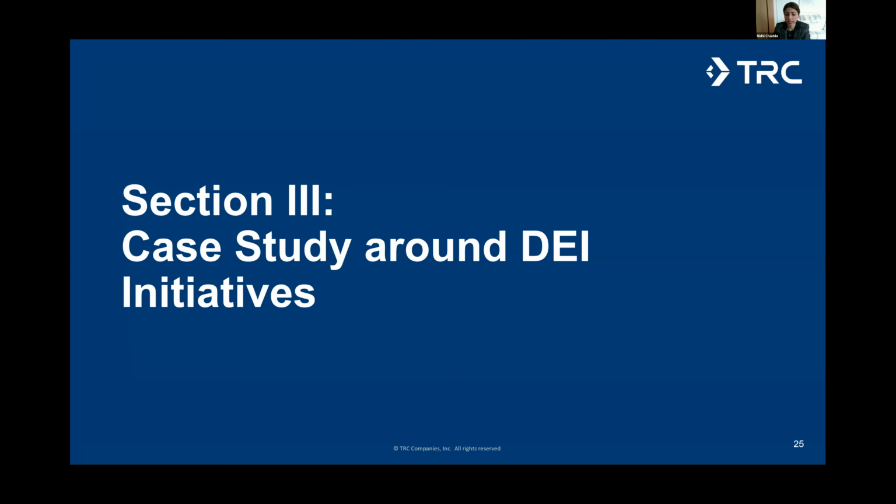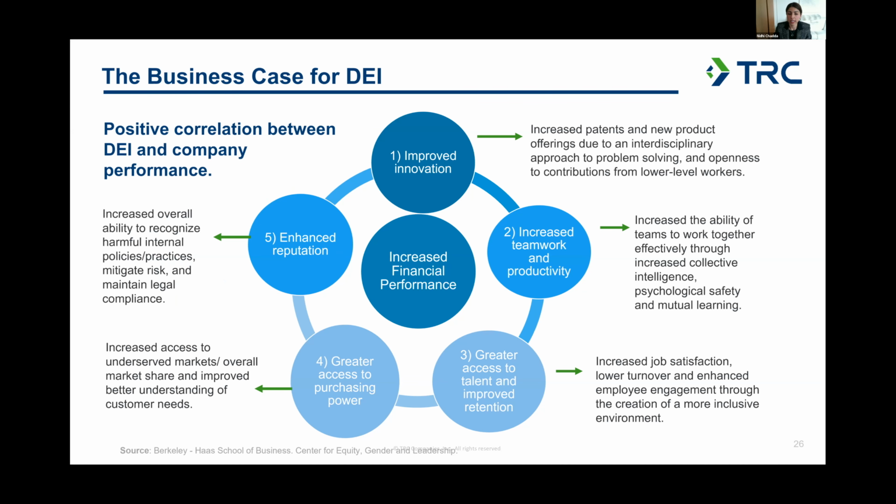And lastly, just to end on one important note on DEI. So I know there's been a lot of case studies on diversity, equity, and inclusion and what that could mean on financial performance. So just to bring this case study to bear here, one example would be just taking a high-level look at what it could mean for a company if they were to improve DEI practices.